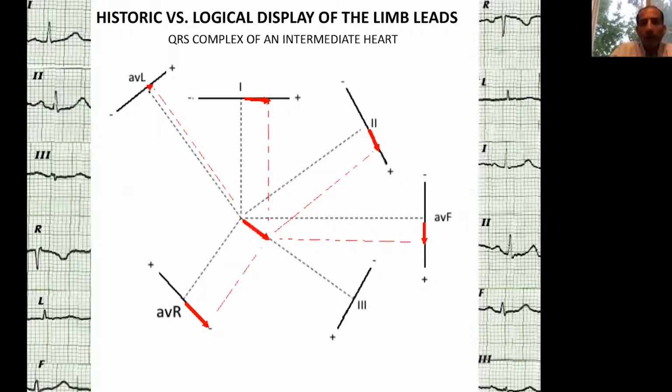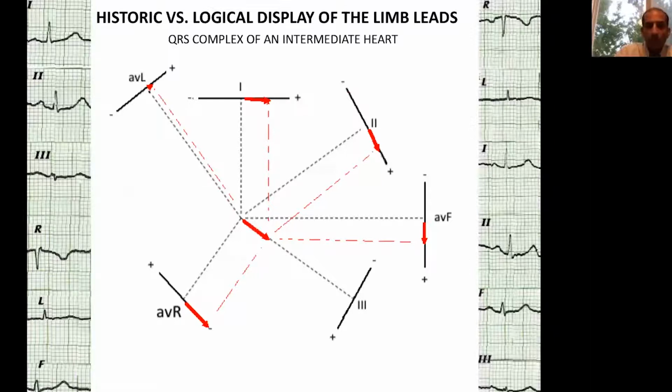These are again showing you the QRS complexes with the different leads. So the AVL, AVR, lead 2, AVF, this is the normal direction of the QRS vector in normal patients. So you can see in a normal patient, lead 1 is positive, 2 is positive, 3 can be biphasic. AVR is always negative because the AVR is on the right shoulder and most of the QRS complex is